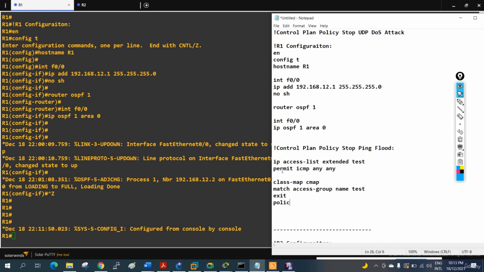So I will write policy-map. I can give the policy map name, any name. I will create the policy map, give the name, and then I will write the class map. I will call the class map, whatever the class map name is, here the class map name is C map. So I will call that C map, and then we will write policy police, any number we can give. I am using the same number, 8000, and conform